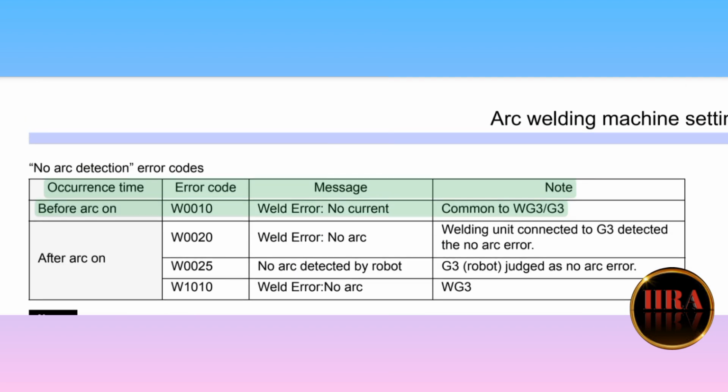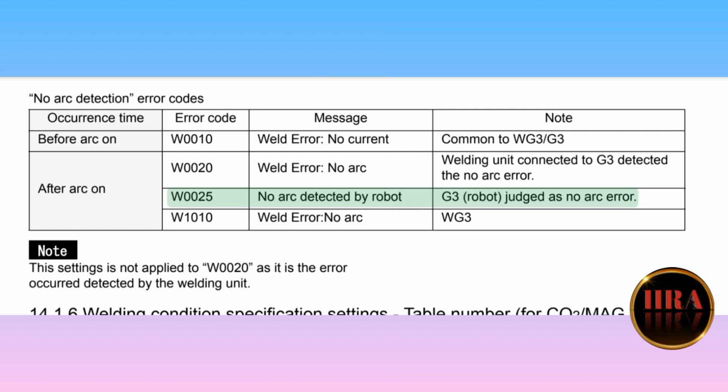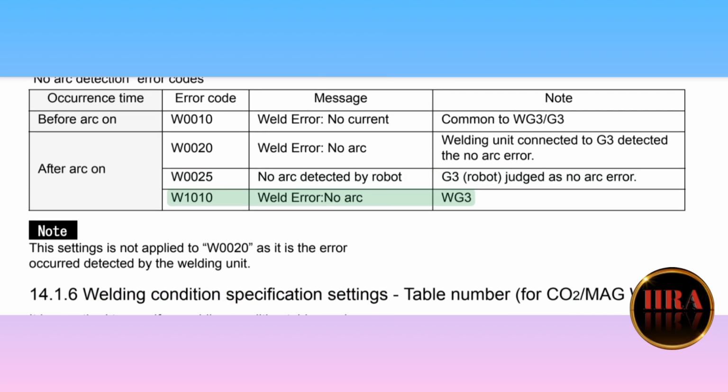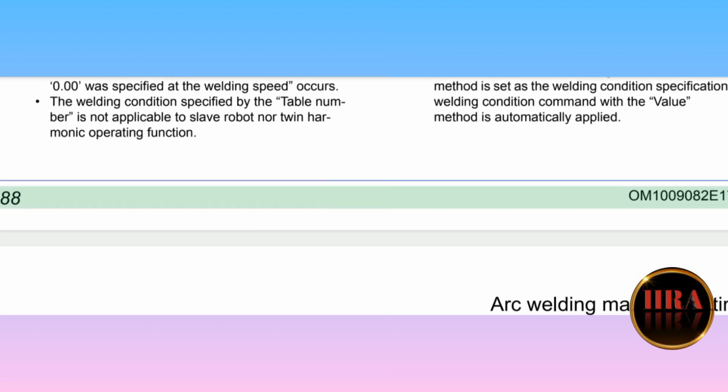Occurrence time, error code, message, note. Before arc on: W0010 weld error, no current, common to WG3, G3. After arc on: W0020 weld error, no arc, welding unit connected to G3 detected the no arc error. W0025 no arc detected by robot G3, robot judged as no arc error. W1010 weld error, no arc WG3. List of weld condition tables, arc welding machine settings. 188